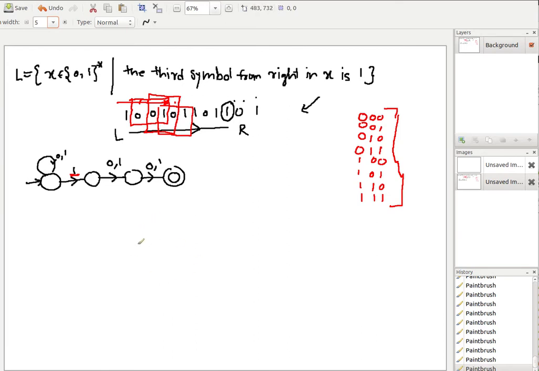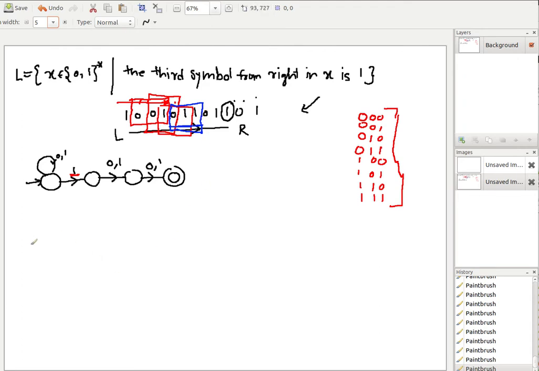So we have to create 8 different states for each one of the windows, and then from each window you might be jumping on to some other window based on what is the next symbol that you are looking after the window. It is telling that if 101 is the window and you received a 1 here, so the next window will become 011. So 101 was the window up to this point, and then 011 becomes the next window. So there will be an arrow from 101 to 011 for label 1.